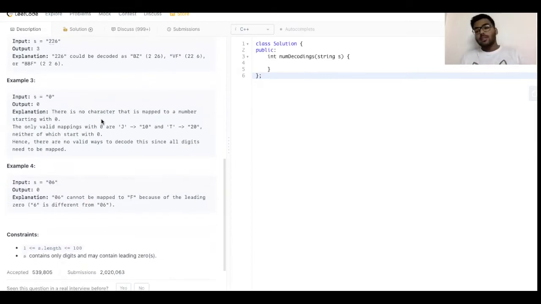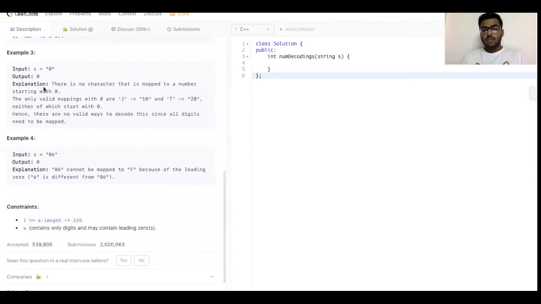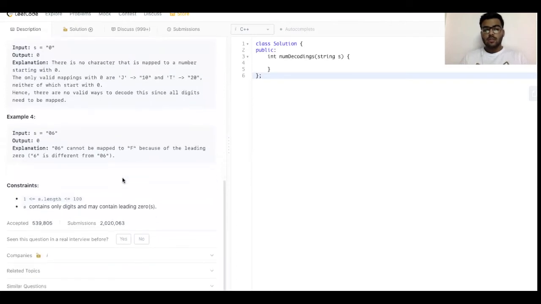So basically, if a string is given, we have to find the combinations of how the string can be broken down into parts. Similarly, if it is 0, this would be the base condition. Remember, if it is 0, then we would be returning 0, because no character can be mapped to a number starting with 0.